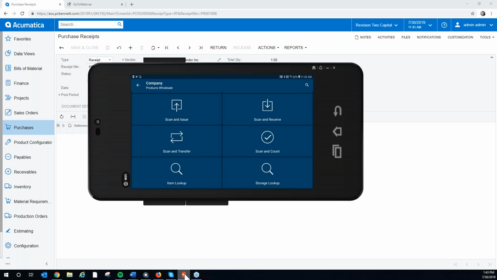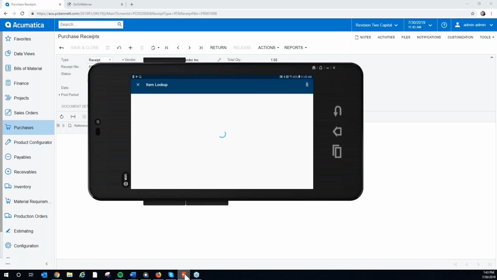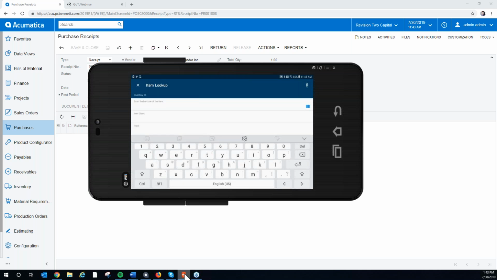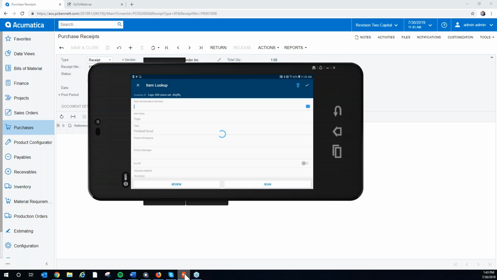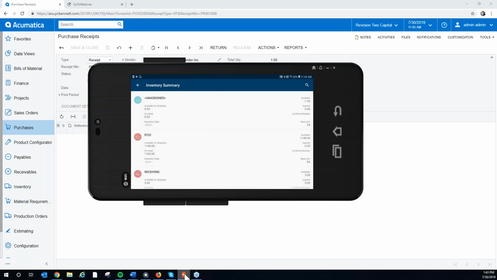If I click on item lookup, what I'm trying to achieve here is scanning an item and finding out where exactly this item is in the warehouse, or what locations this item is stored in. So I scan the barcode of the item and I hit review. It's giving me a summary of all of the locations that my item AA Lego